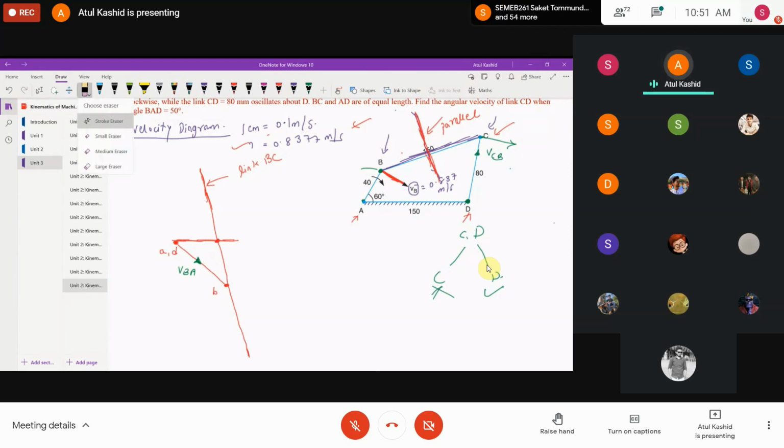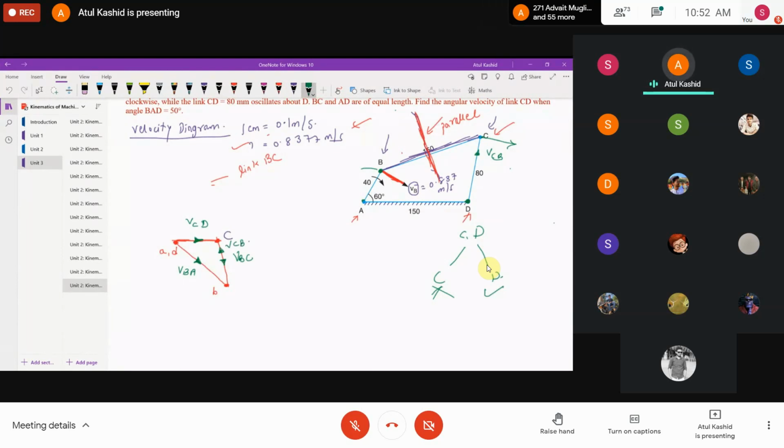right? I will erase all the other parts. So this is my velocity polygon for the 4-bar mechanism. And this point, what we are getting over here, this is my point C, right? And if I want to show, this was my point B. And if I show this arrow, it will be velocity of C with respect to D over here. If I show the arrow like this, so here it will be velocity of B with respect to C. If I show the arrow like this, it will be velocity of C with respect to B, right?